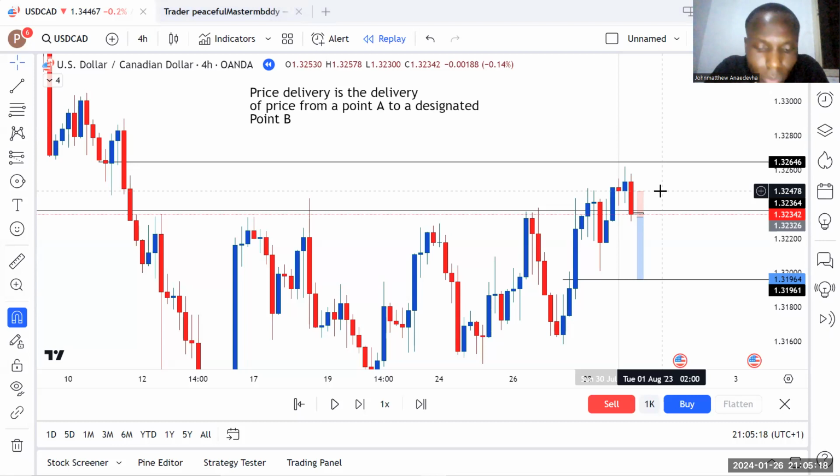All right, so we're talking about price delivery now. Price delivery is the movement of price from a point A to a designated point B. It's the movement of price by buying pressure or selling pressure from a point A to a designated point B. So it creates candlestick formations that enable us to forecast price's next train of actions and creating new support and